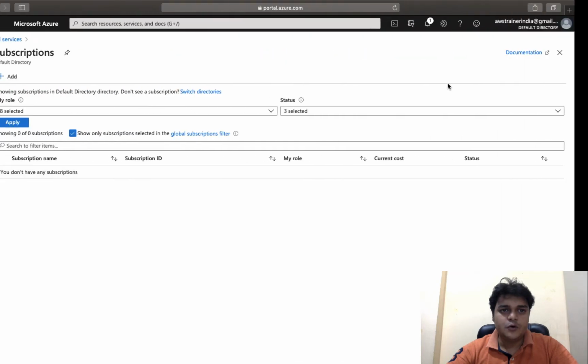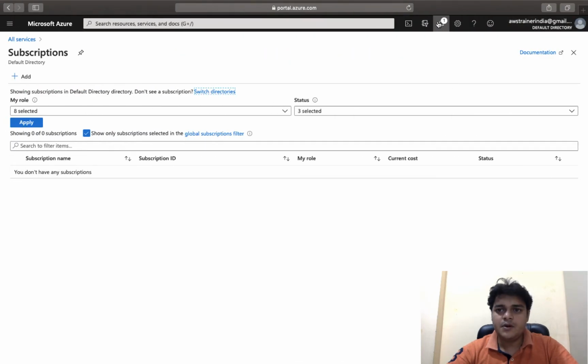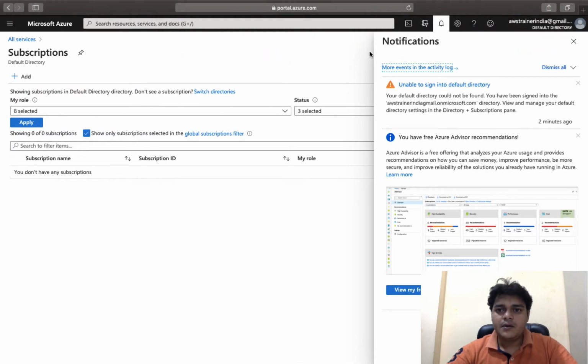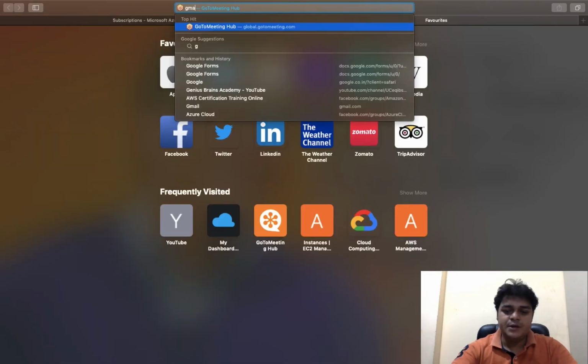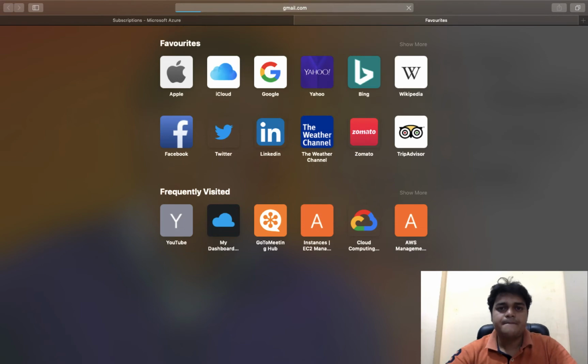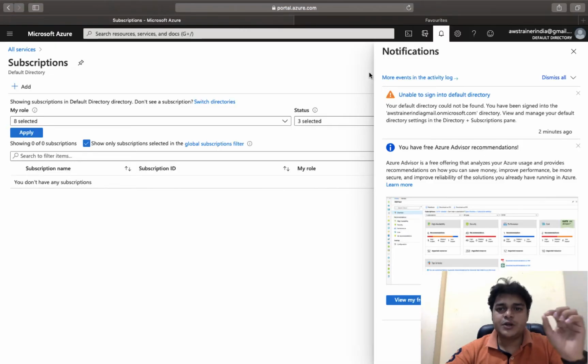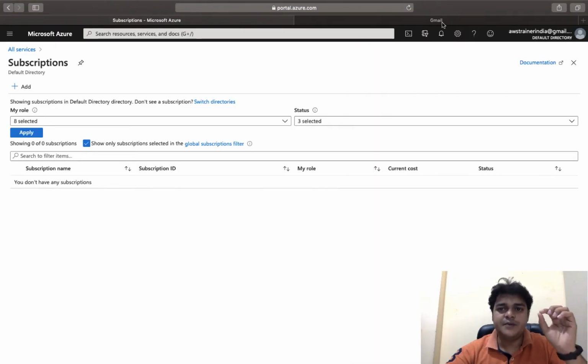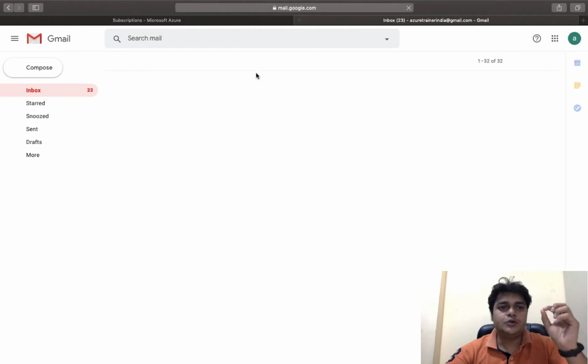So I'm just going to open gmail.com. I'm going to open a new page and type gmail.com, and you need to check your mail ID, the mail ID you used to create your Azure portal. To sign up for the Azure portal, you need to open that mail ID.